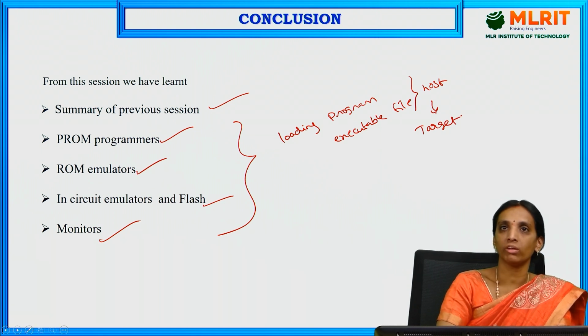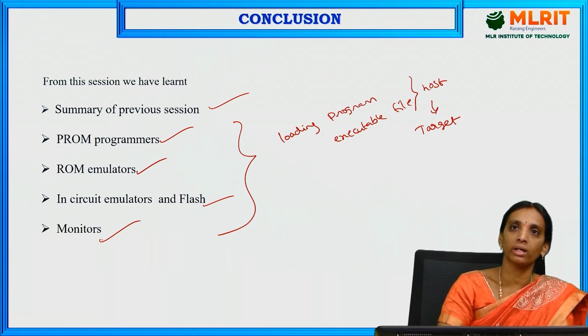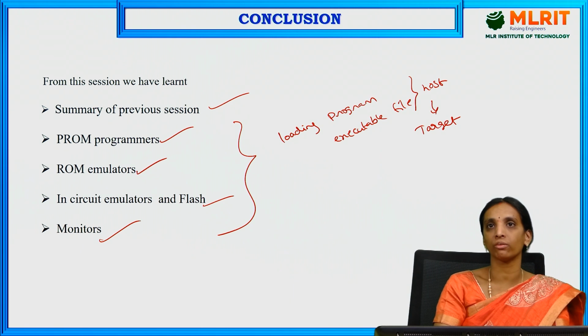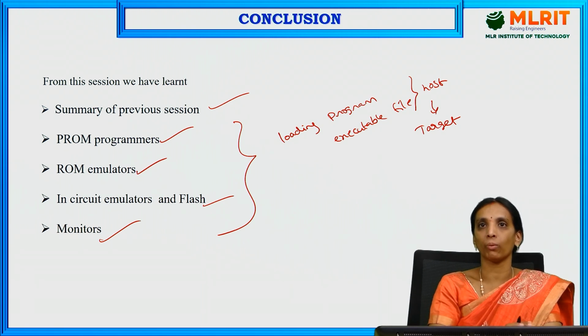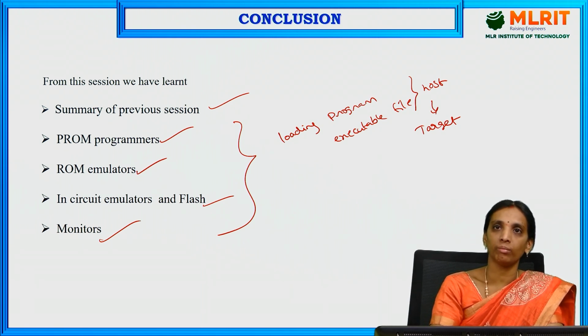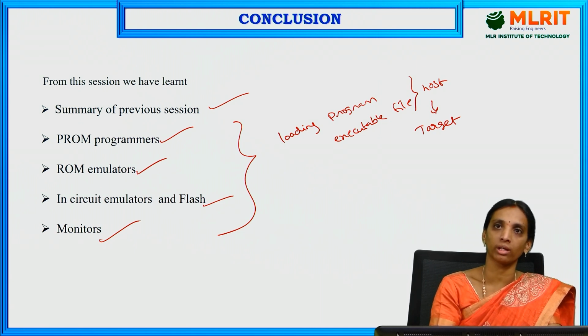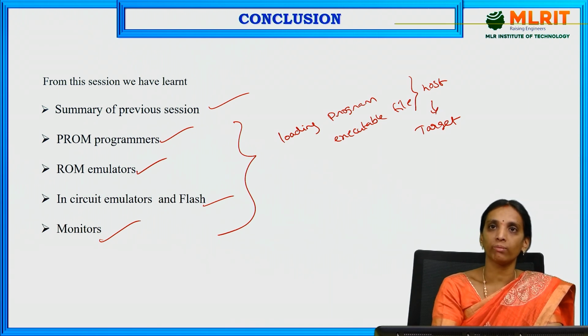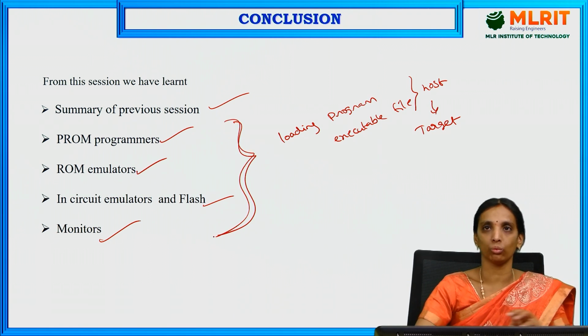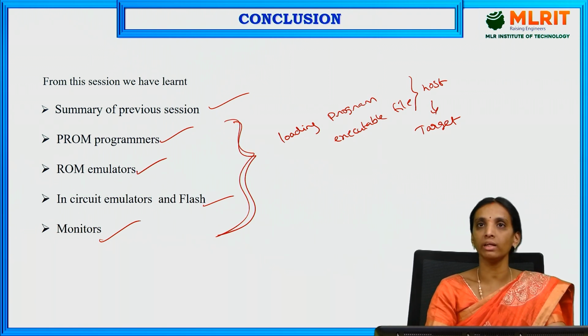Till now in the previous sessions we have seen how to create our program, how to edit our program, and how to compile our program. After compilation, we saw how to develop our executable file from our program. After getting the binary image or executable file, the part on the host machine is completed, and now we are entering the target machine. How we can load our image file or executable file into the target machine is by using these tools. These are the topics covered in the present session. Thank you.